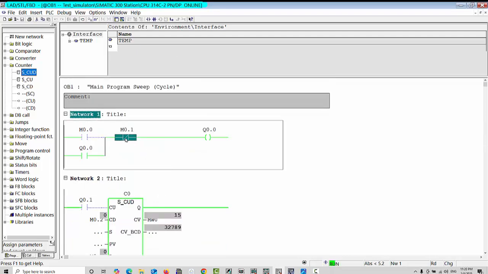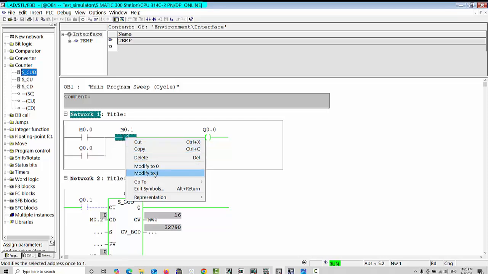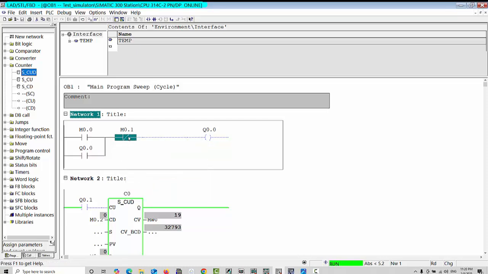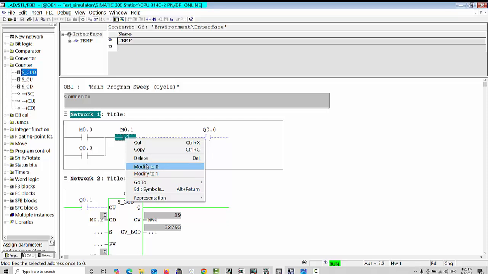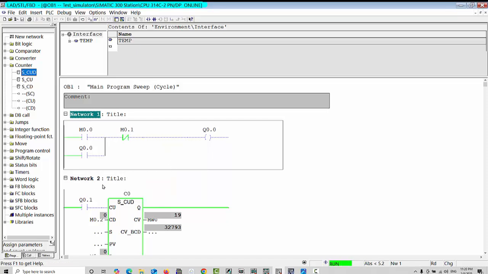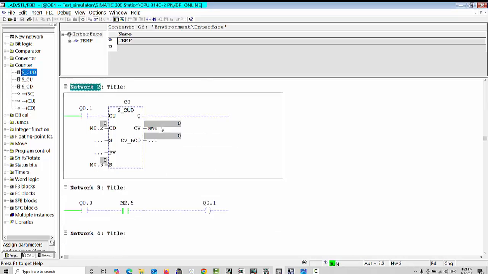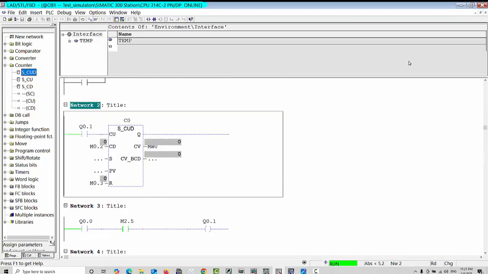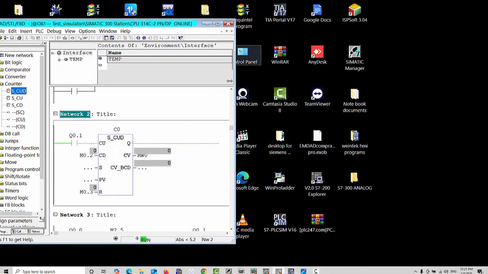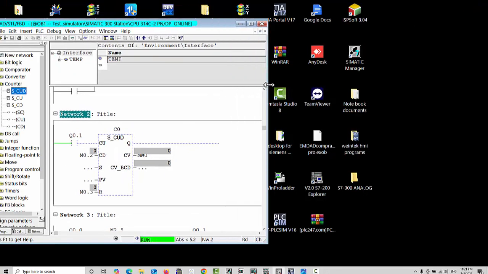When you would like to stop this, you can turn on M0.1, and after that your counter will be stopped. And here, when you turn it on, it will go to zero on the counter. So our program is now okay. And now what we will do is create the